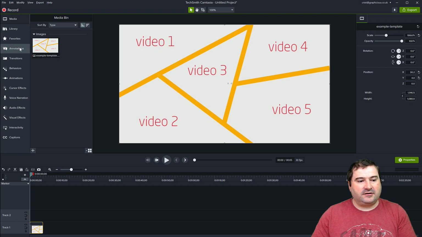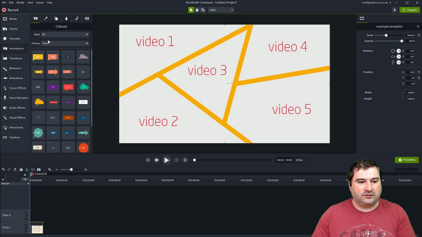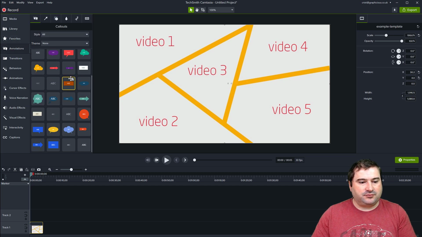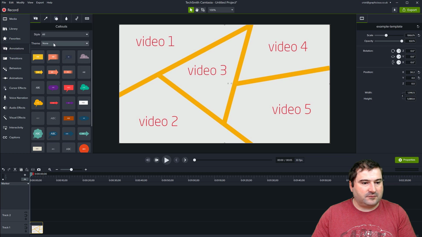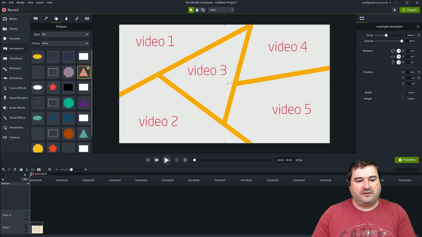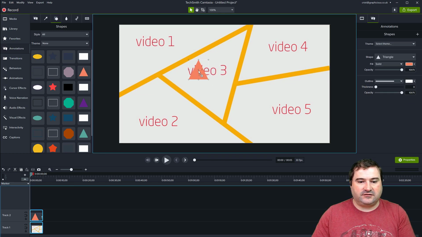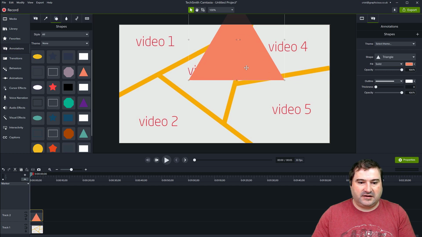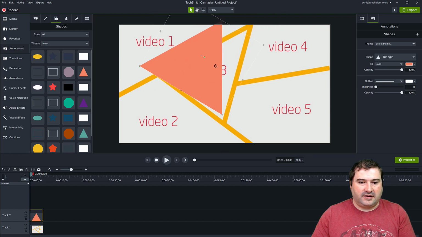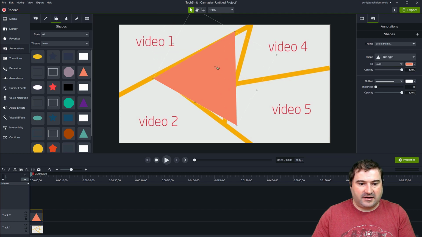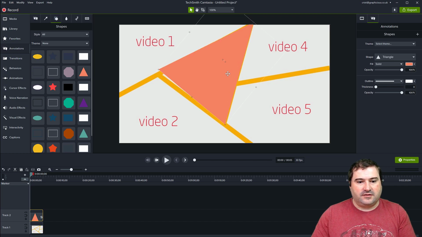And of course, in annotations, if you go to Camtasia and you show all of these shapes here in annotations, you can probably find a triangle here, if I'm not mistaken. If we go to shapes, we have triangles here, but of course not all of these are triangles. And if you try and create a triangle like this, let's try the middle one, you can play with this and turn it around, and it's really difficult to get it into exact shape. The moment you try and resize it like this, you may succeed, but if the triangle is not really a fixed size, it's going to take you a while to do it. So there must be a better way.